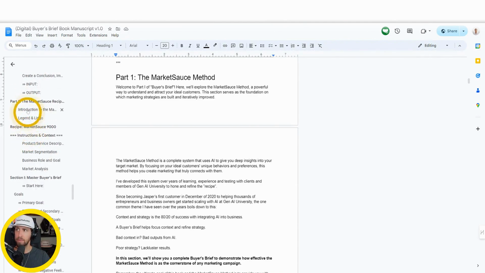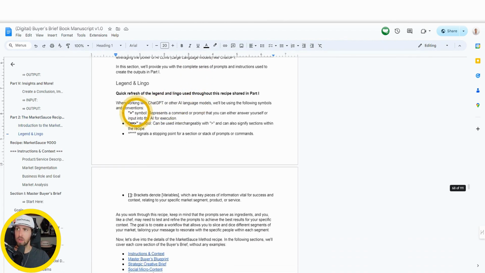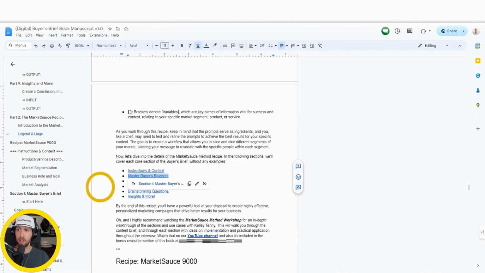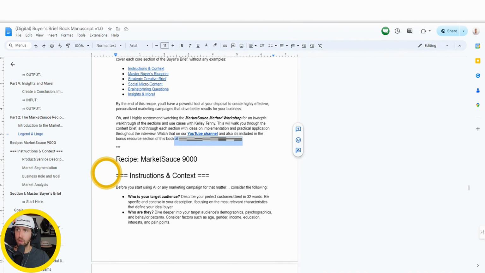And when you scroll back down to part 2, the Market Sauce recipe, introduction to the recipe. This is part 2 of the book. Basically, these are just symbols that we're going to be following along to know what's a variable, where are we starting and running a prompt. And a lot of this is open for you to adjust and build on top of. So keep that in mind. But we've got all of our specific sections here. I'm going to be covering specifically in this demo the Master Buyer's Blueprint. And then, of course, you've got a number of different trainings and workshops that you can go through as part of this book. Make sure you got those bonuses if you are, you should already have those if you're getting